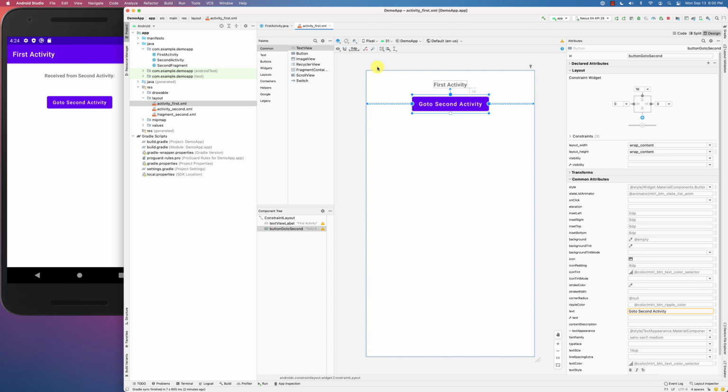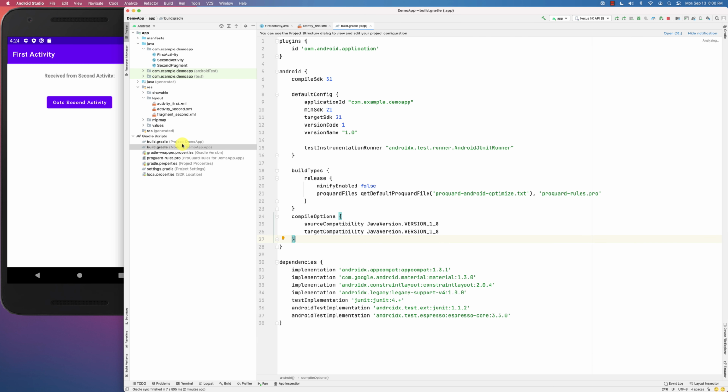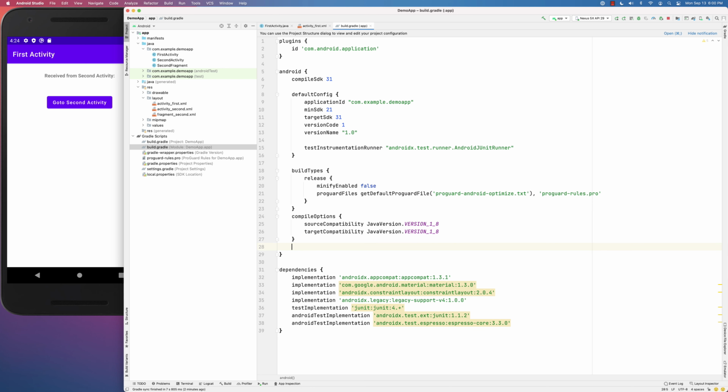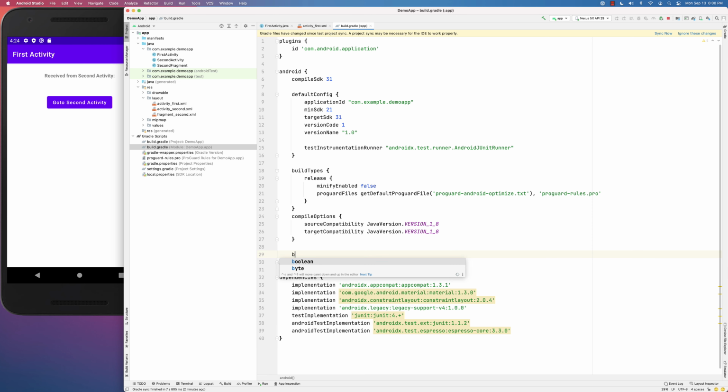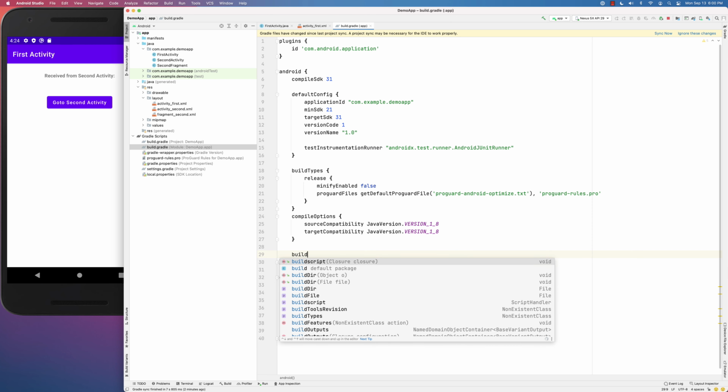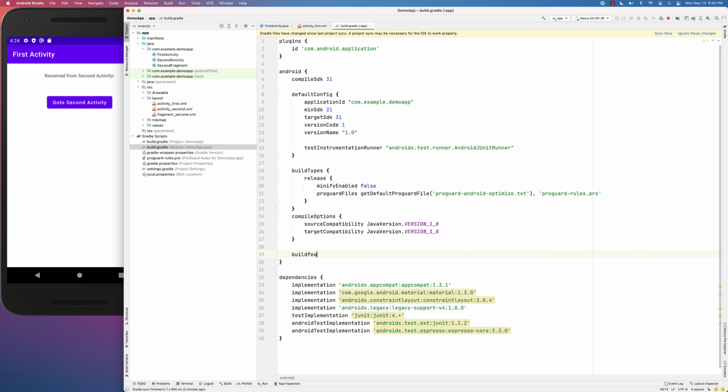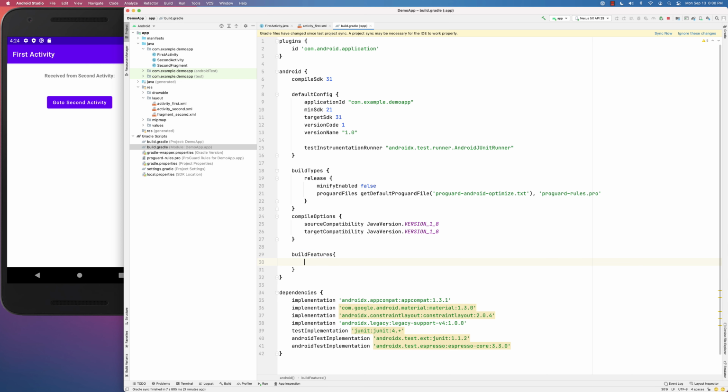So to enable binding, you need to go in your application build Gradle, and make sure that in one of the build features you include view binding. So basically you go here, you type build features, and here we are, and then part of the build features is viewBinding to true. If you set viewBinding to true, then notice what is going to happen. Now when we sync,